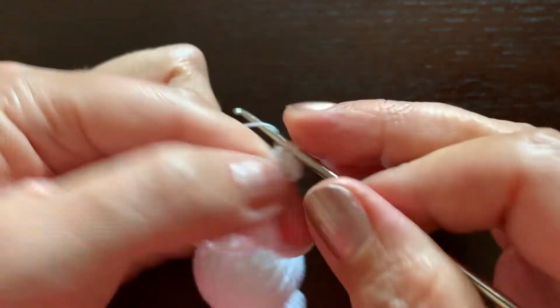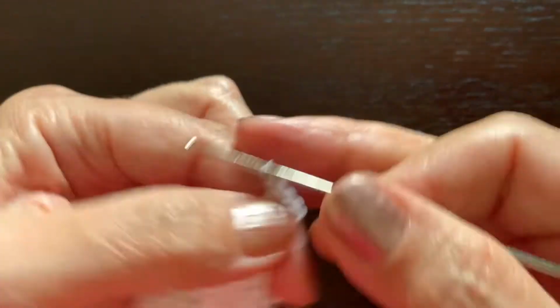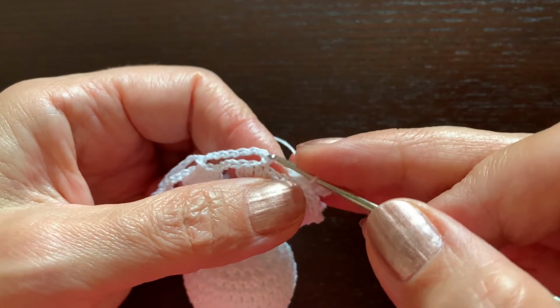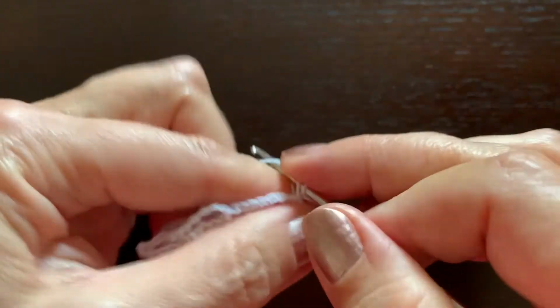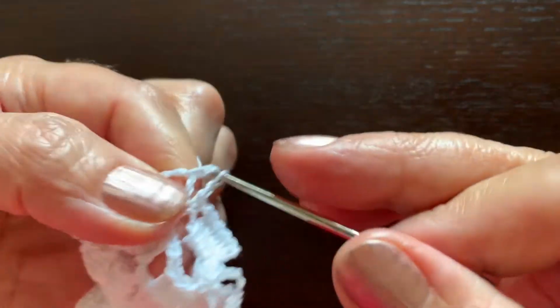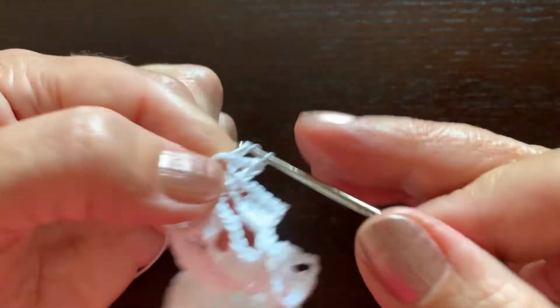2 more, and the last one. Now we are making chain 1, a single crochet stitch in this single crochet, chain 1, and here in this chain we are making 5 double crochet stitches,